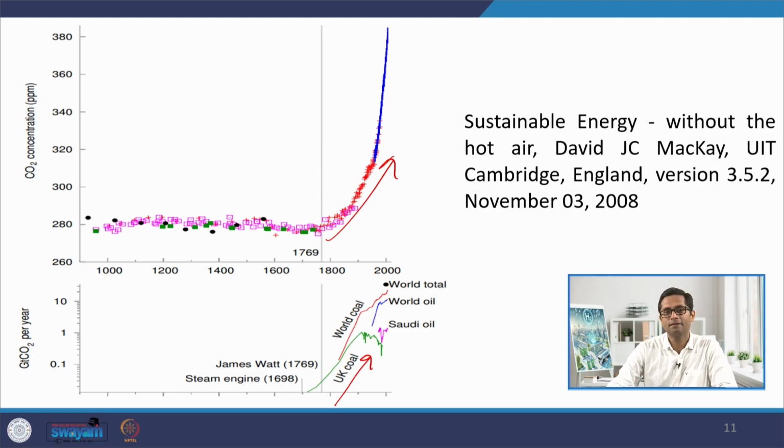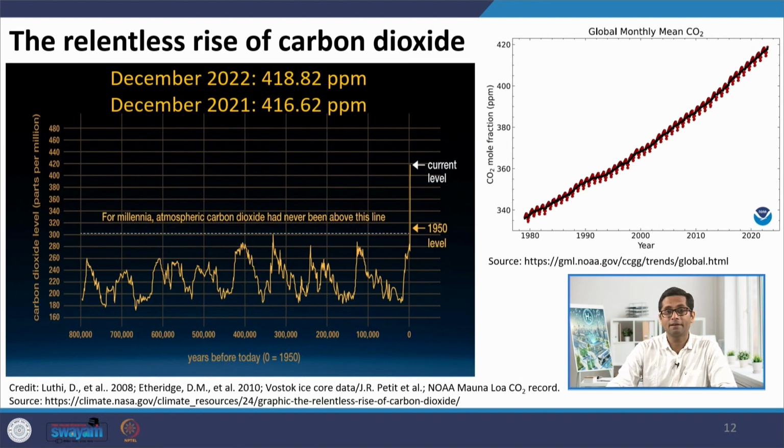So if we see the reality, we see that things have been happening quite in a validating way, that the global energy rise is nicely coupled with the CO2 rise, as we have seen in the past. Further, we also need to understand that the CO2 levels on planet Earth have not been stagnant for a long time. There always have been fluctuations because of the precession of Earth and because of the movement of Earth and the Sun. But if you see the past millions of years, this is how the change has been.